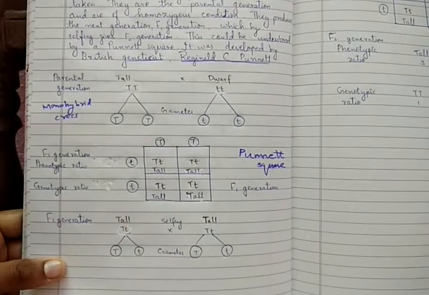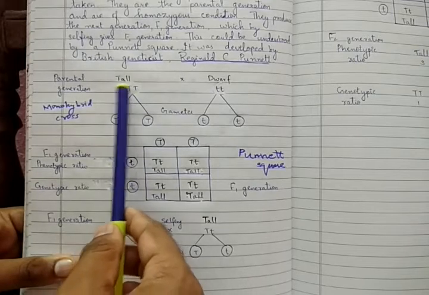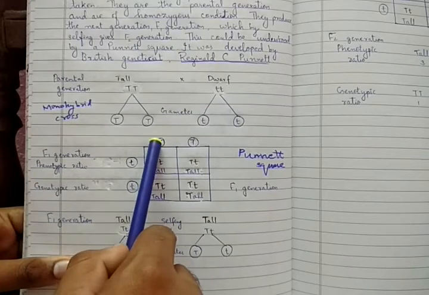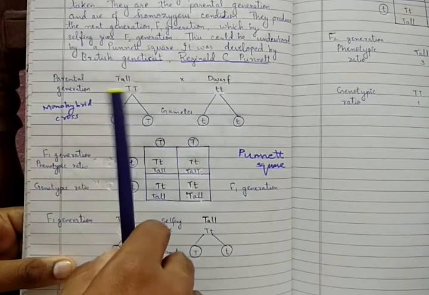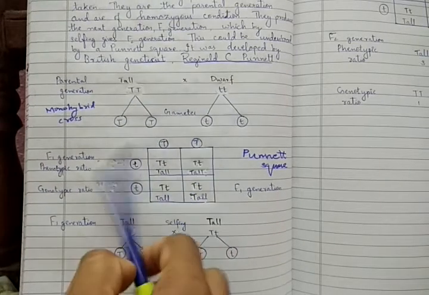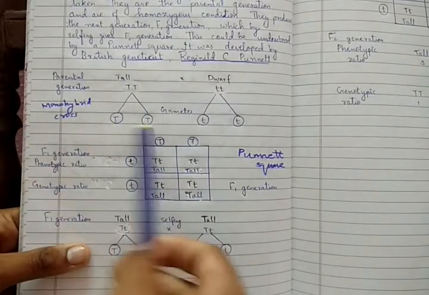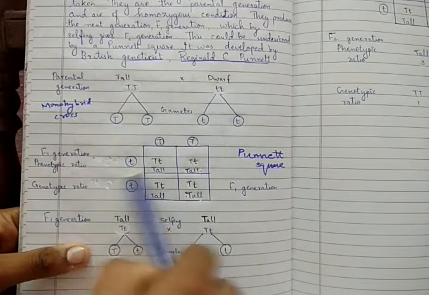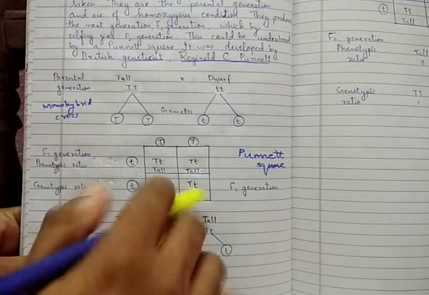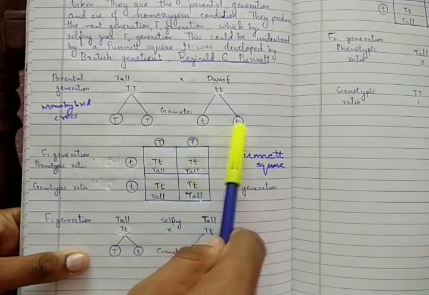So the gametes that we had taken is actually capital T. We can take the gametes on any of the sides. We can write it on the top of the box or the side of the box. I had taken it on the top. For your convenience, it is better that you take it sidewise, because in that case it will be much easier for you to identify how to write. Okay, and if we are writing capital T, then the next side it will be written as small t.